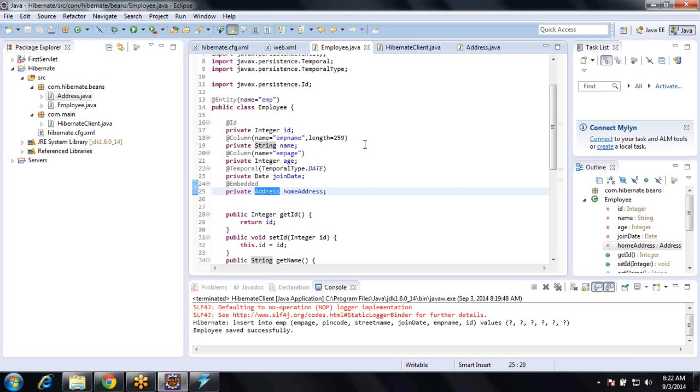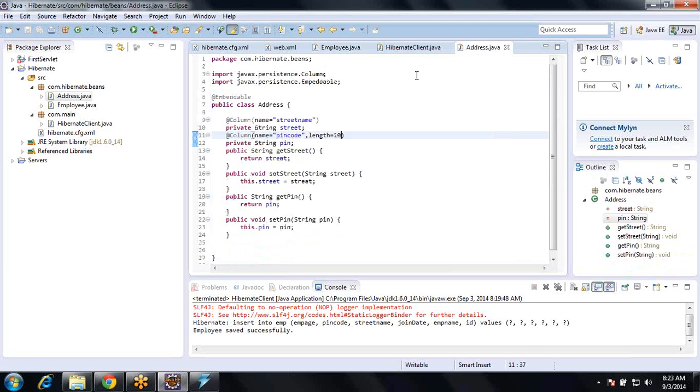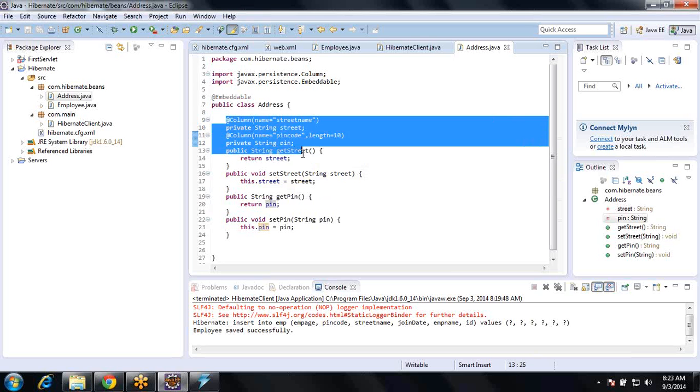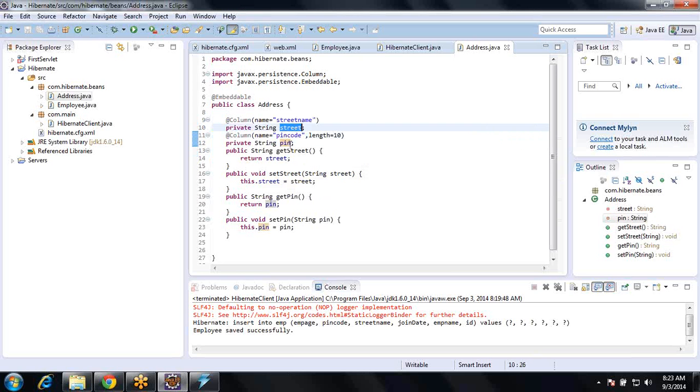Hibernate only has mapping between predefined data types of Java and predefined data types of the database. It doesn't have any automatic mapping for address, right? Home address will not be created, right? That's why I said embedded. So what does an address object mean? Address means it's a collection of street and pin code. That's why it is automatically creating street and pin code. It's embedding,